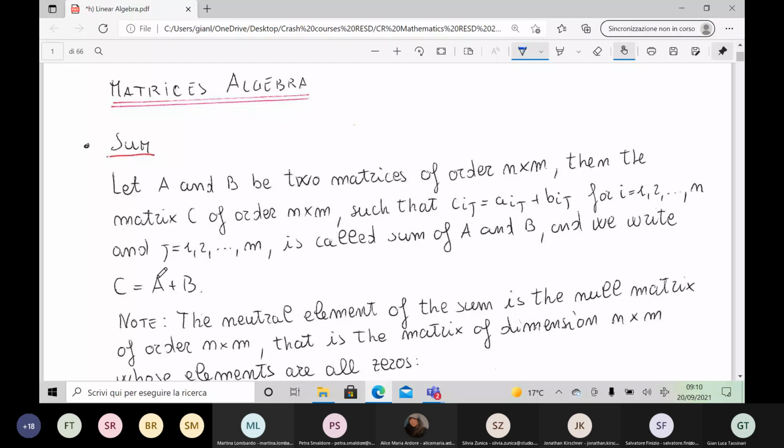Okay, now here I'm simply adding a note. You can skip it. A plus B is equal to B plus A. So the commutative property: 2 plus 3 is 3 plus 2. This property, the commutative property, holds